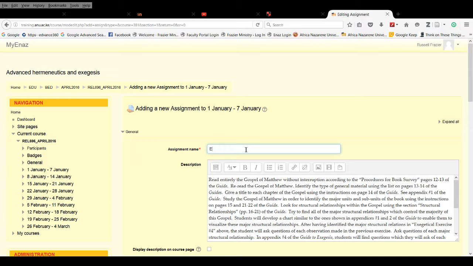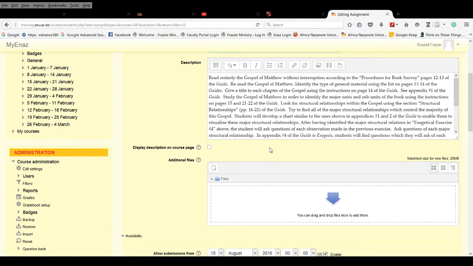So I put these are some abbreviations that I'm using for this particular course. It tells me this is an exegetical assignment number 3. With this assignment,